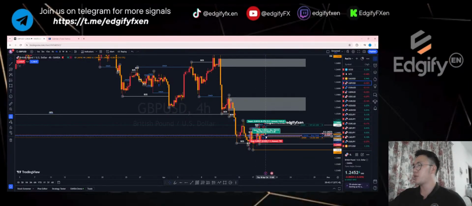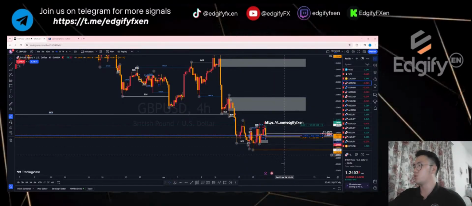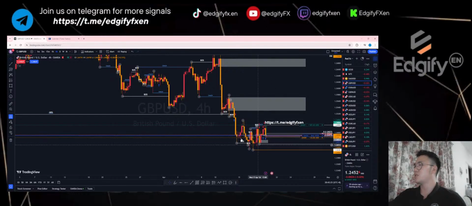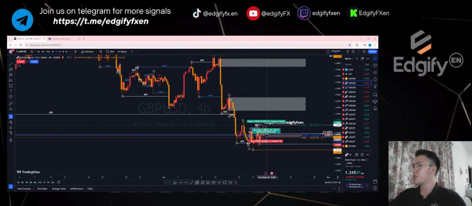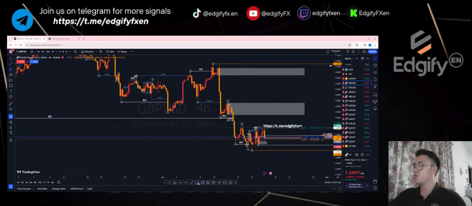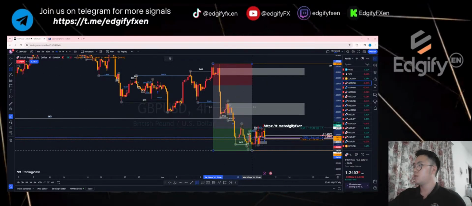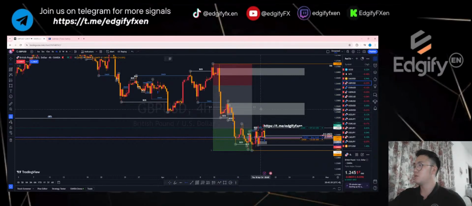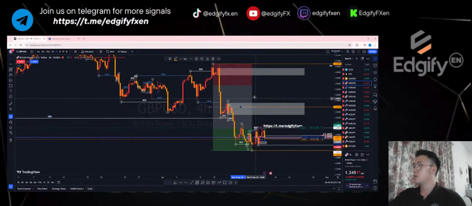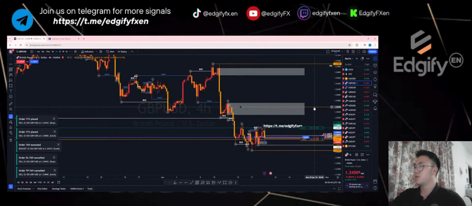most of the time, the price will have to retrace until a certain level to figure out where the supply level is, and then it will continue to dump. Right now it's at this level here, which I'm targeting the price to go back up. On the hour 4, it would be at this level here. This is where I'm targeting the price to come back to.